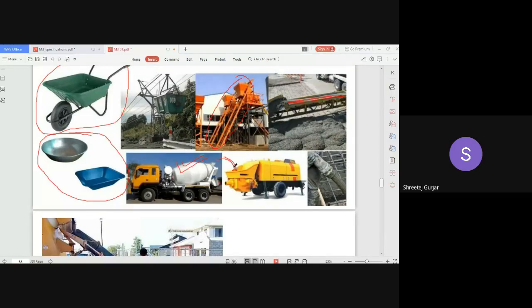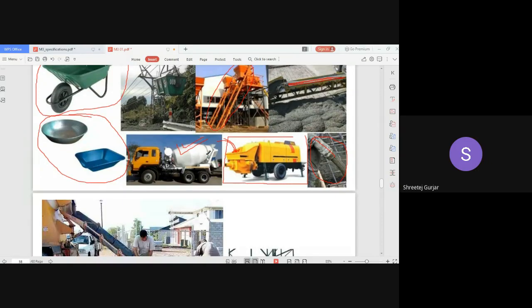So what is this? Pumping. Right, it is a pump. Okay, concrete pump. Okay, you can see that it is coming out like this from the pump or the pipe, right? So it will pump your concrete. So you pour your concrete here and it will pump your concrete to a higher level or wherever your concrete is required. Okay, so from a transit mixer, the concrete is poured into this pump, right?